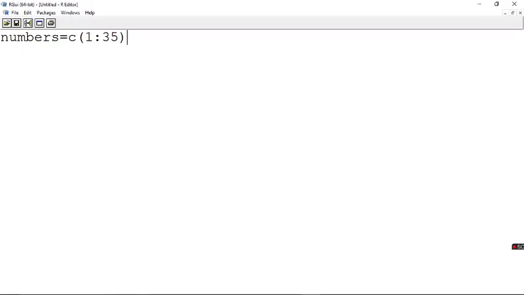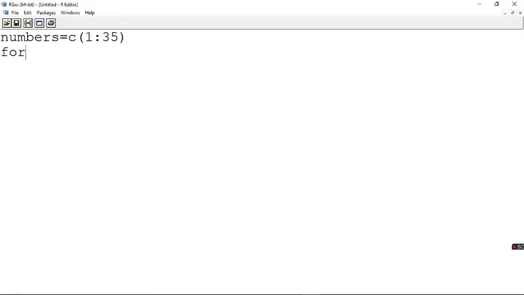Instead of c of 1:35, you can also create it using something else, which we will see. So now I say numbers equal to c of 1:35. What does it mean? The vector is created as a numeric vector starting from 1 and ending with 35, and it is assigned to numbers.